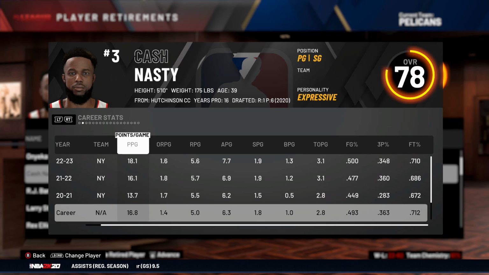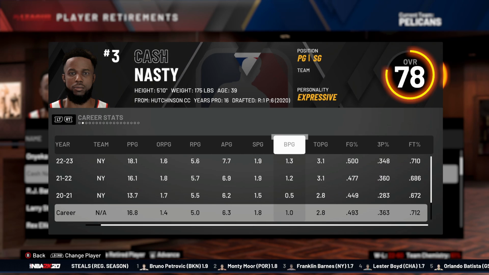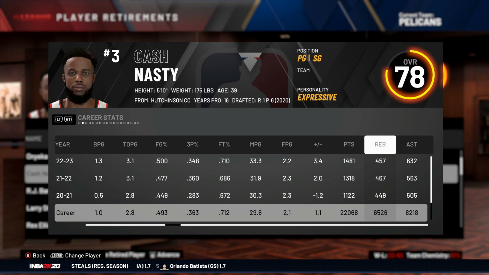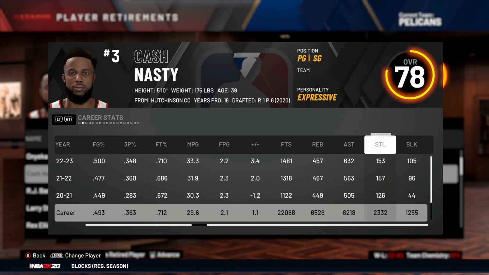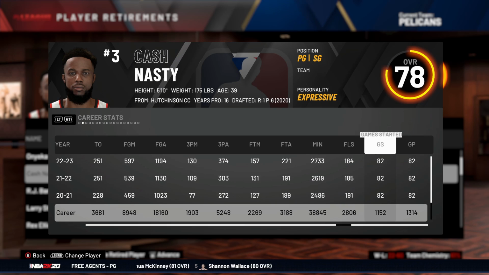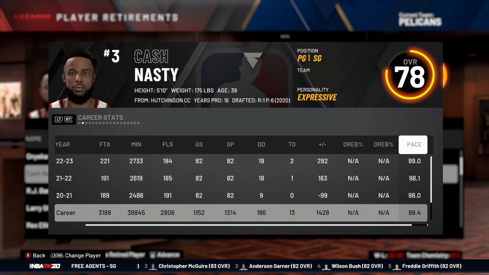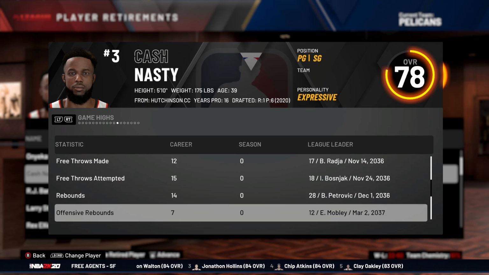Over his career, Cash averaged 16.8 points, 5 rebounds, 6.3 assists, 1.8 steals, 1 block. 49% from the field, 36% from downtown. Scored 22,000 points, 6,500 rebounds, 8,200 assists, 2,300 steals, over 1,000 blocks. He started in the majority of his games, the vast majority until the last couple of years. 186 double-doubles, 13 triple-doubles, had a career high of 42 points, made 8 threes in a game, had 14 rebounds